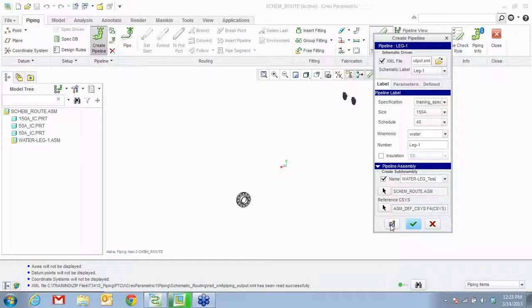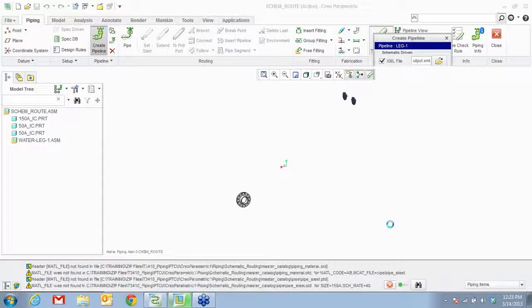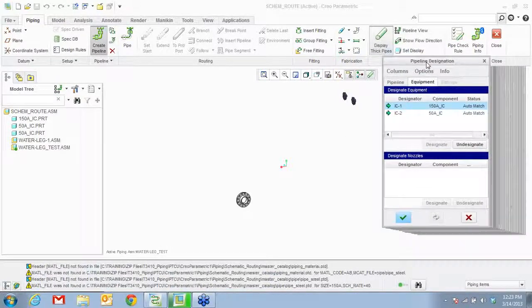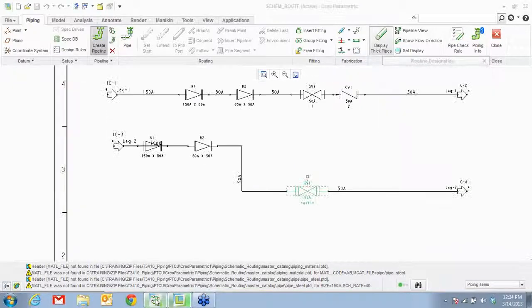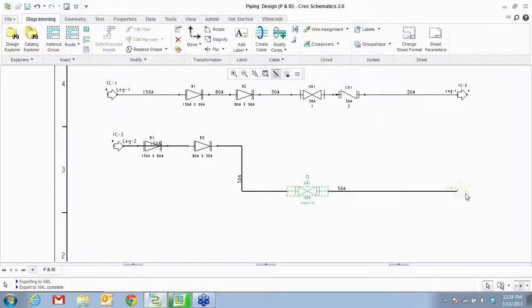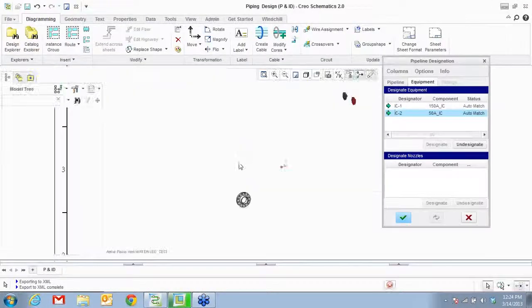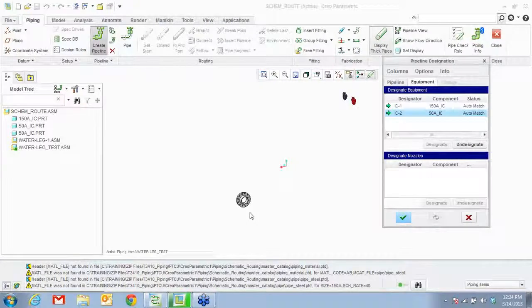All right. Now here is where I get to designate. Designate in the sense, I'm going to say IC1 150 is that part and IC2 50 is that part. That is how I'm matching this schematic symbol with my 3D part.